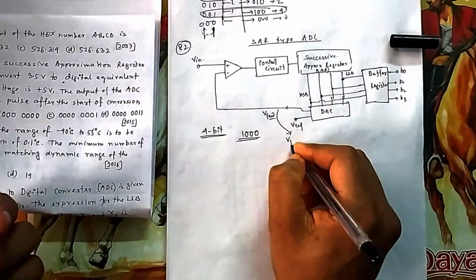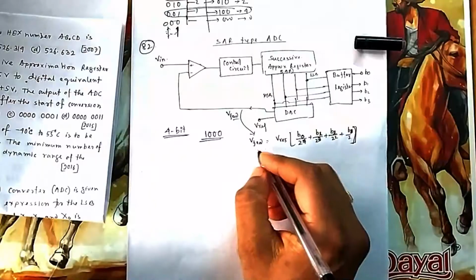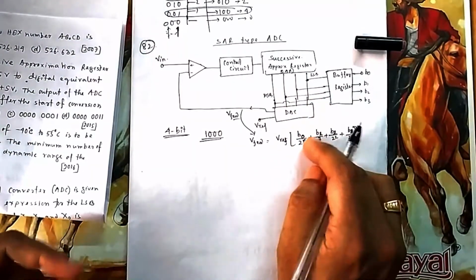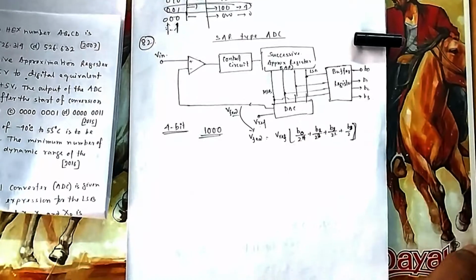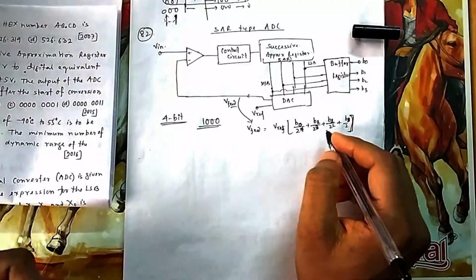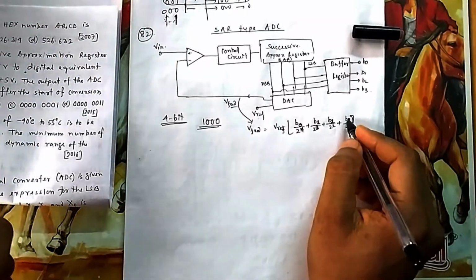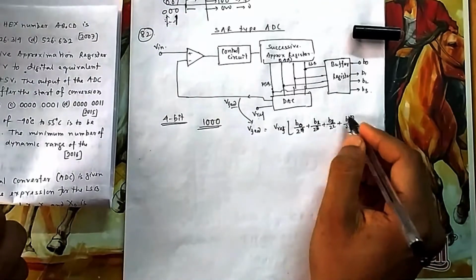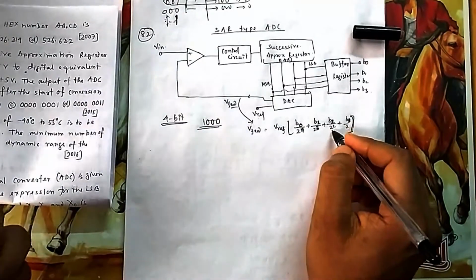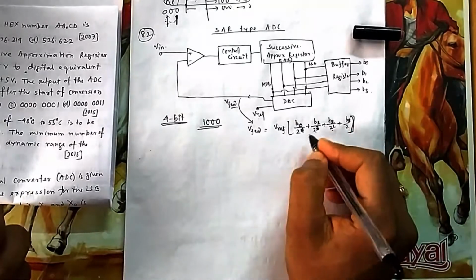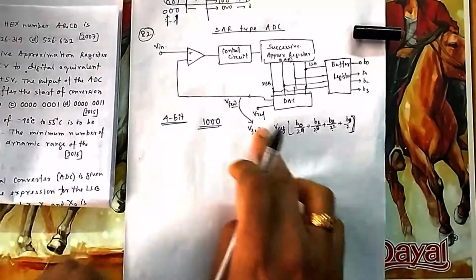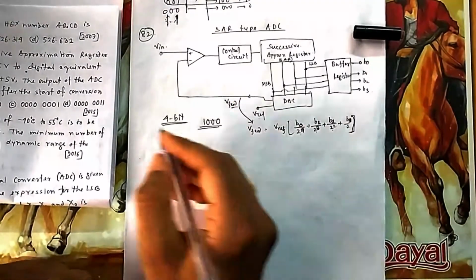So what is the formula for V feedback? It is the V reference, and then you multiply it by this. This one you have already seen in the ladder circuit in DAC, digital to analog converter. You can see the MSB is divided by 2, because this is the most significant, so we take the most out of it, and the rest you divide further. This is divided by 4, this by 8, similarly you keep on increasing it. So that much portion we give as feedback. So this is our step 1.